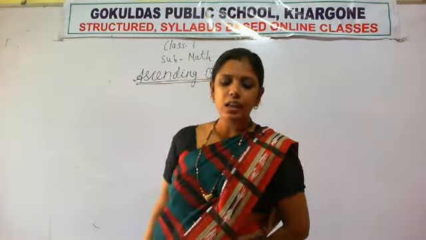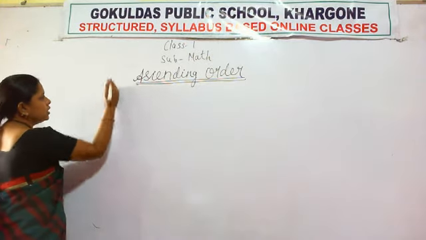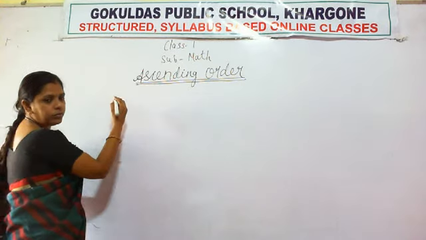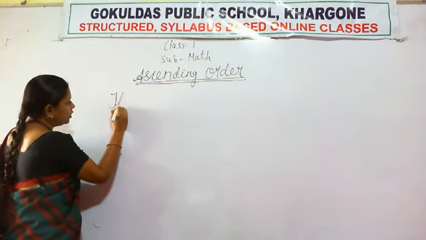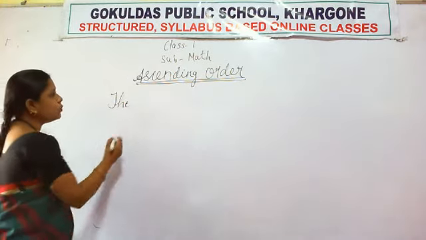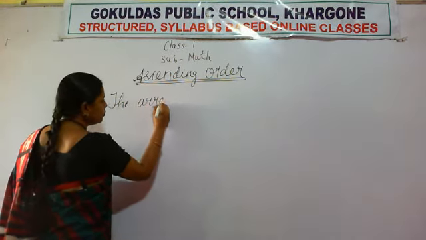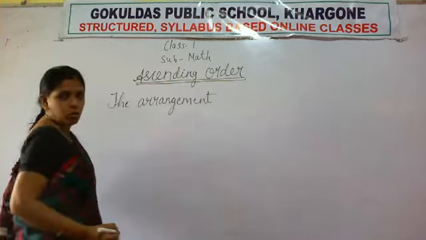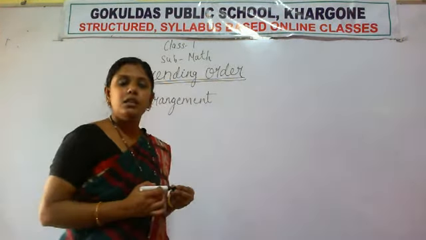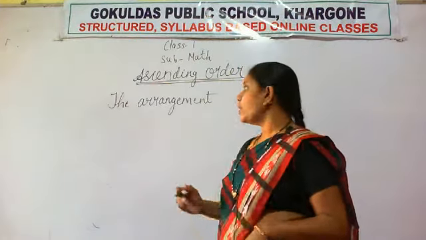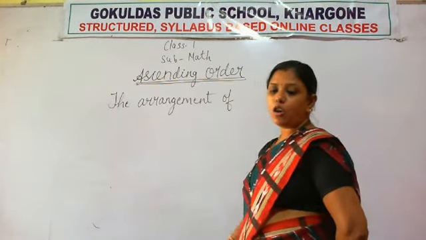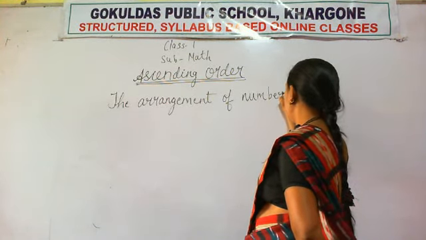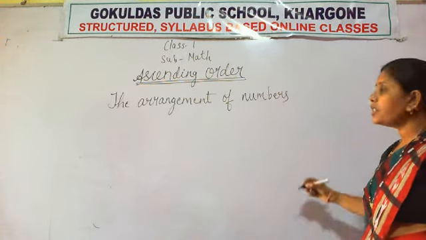First write the spelling, the arrangement of numbers. Start writing from the next line, from the next box. The arrangement. What is the meaning of arrangement? जमाना. ओके, किसी भी चीज को अरेंज करना मतलब सिस्टमैटिक वे में जमाना. So the arrangement of numbers